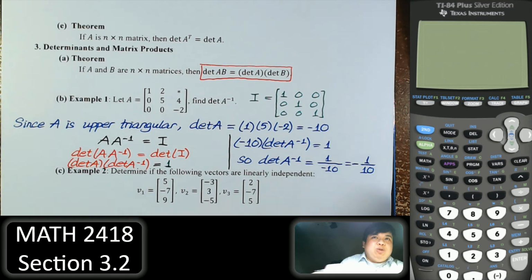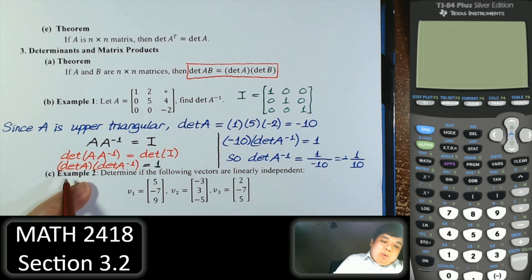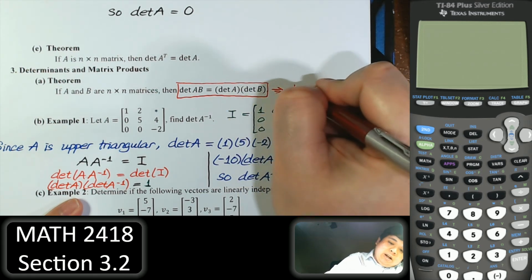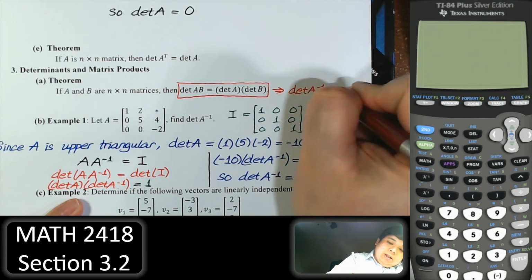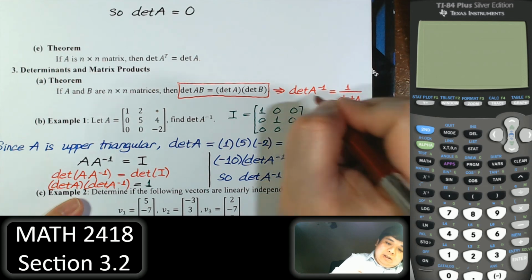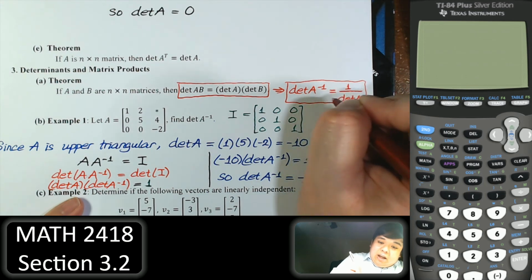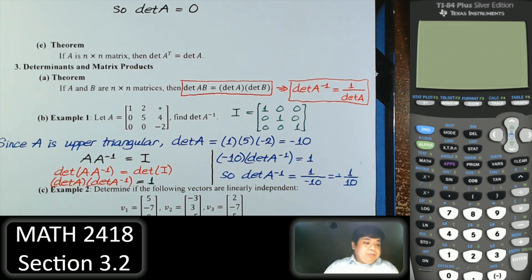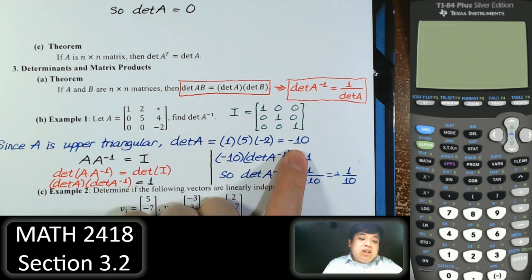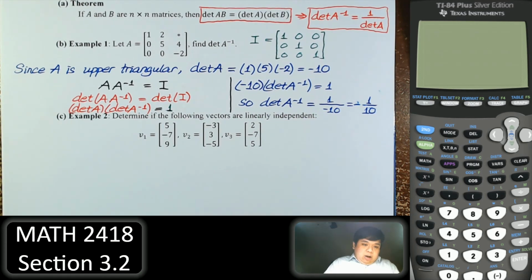Right. Of course, we don't have to do that every single time. We could just say that we divide by determinant of A in here. So this implies that determinant of A inverse is 1 over determinant of A. Yeah, so more properties of determinant. Determinant of the inverse is 1 over determinant of the matrix. And we can just use that directly. Calculate determinant of A and then 1 over that will be the answer. Alright, this example